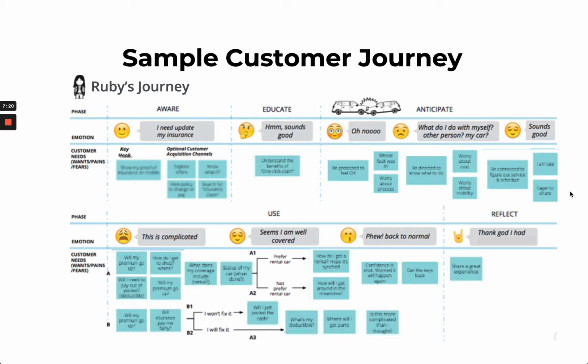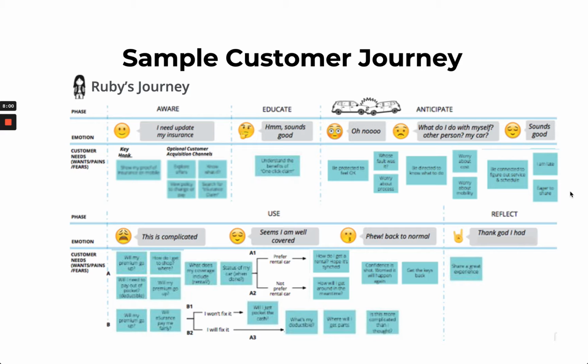And so here's an example from that same car insurance project where we'd already talked about Ruby. Here she is. But we've put this in a linear journey about becoming aware of updating her insurance, educating herself, finding out that this is the insurance that's right for her. There's an actual accident and what's going on there. The feelings involved with trying to navigate that whole process, starting to get back to normal, and feeling really good about it. I've needed to gray out some of the words here for client confidentiality,